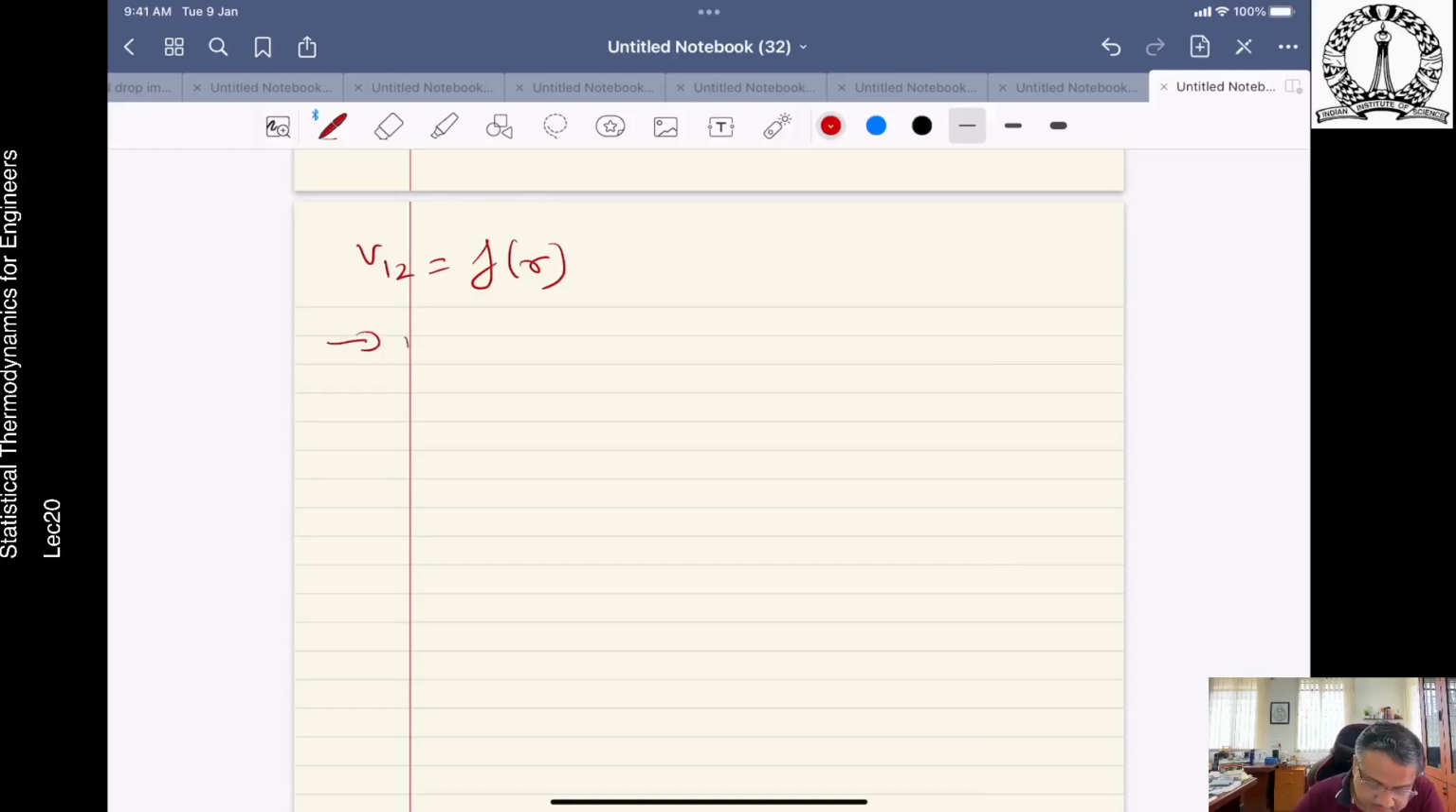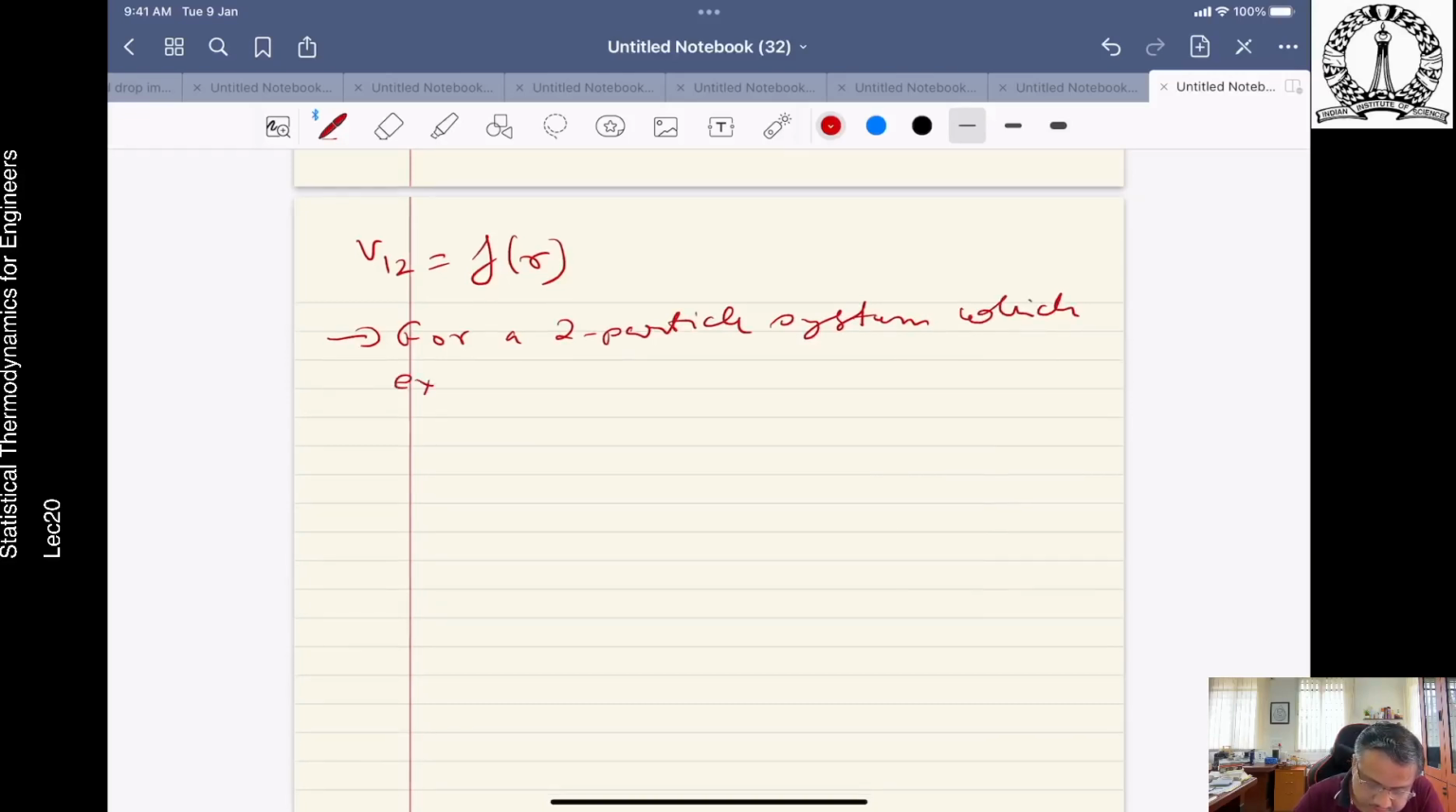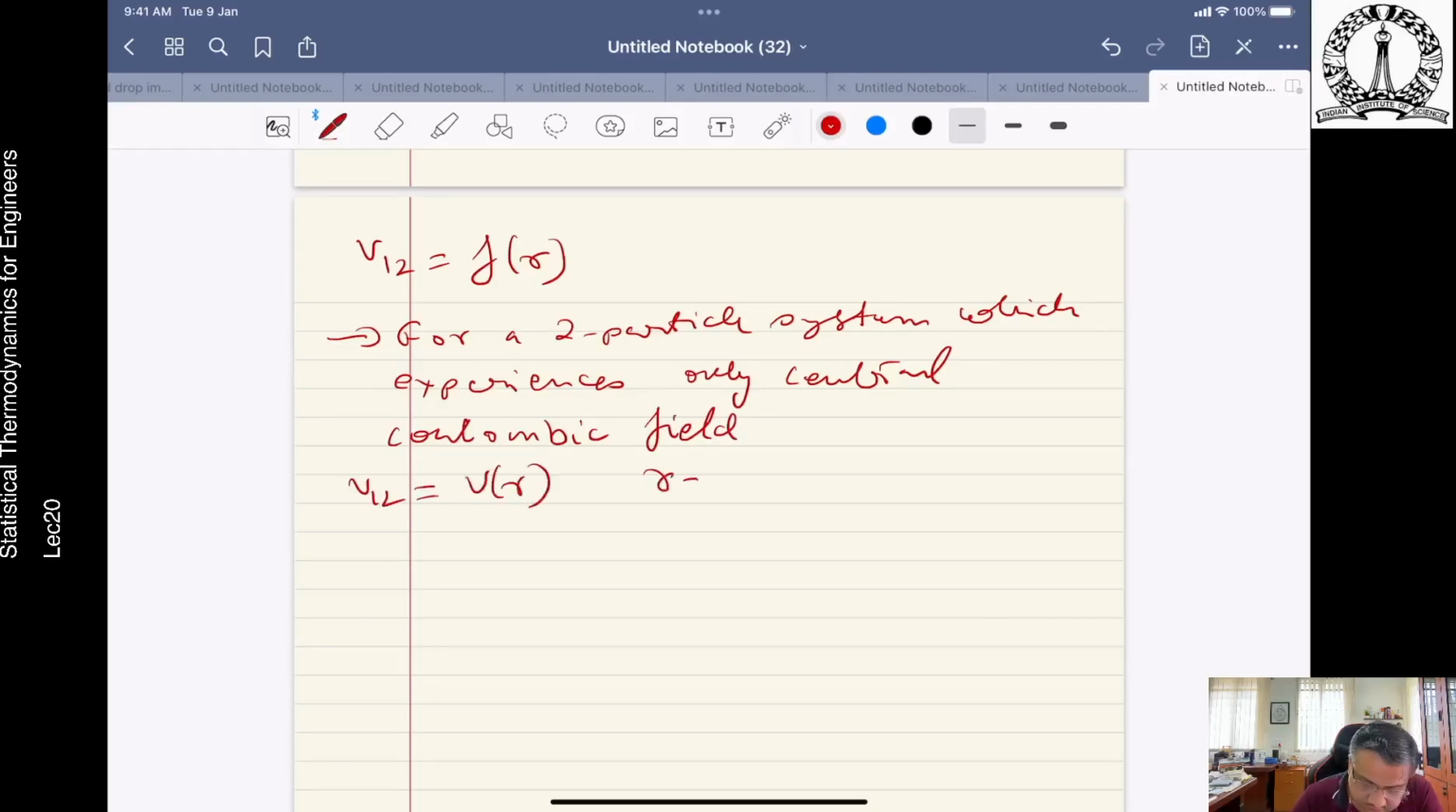And for a two-particle system, which experiences only the central Coulombic field, V12, as we said, can be written as V(r). R is basically R2 minus R1. And the wave function can be written as